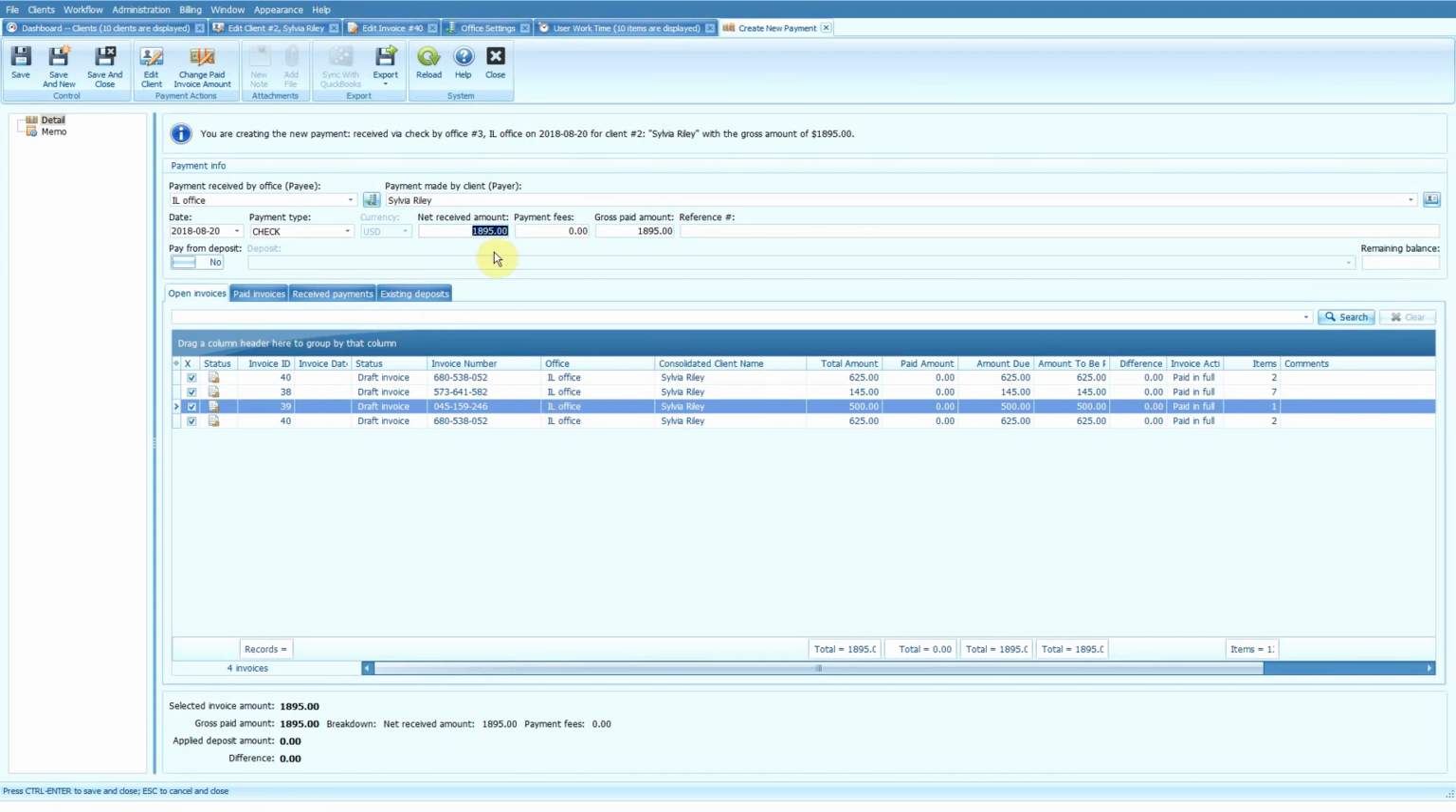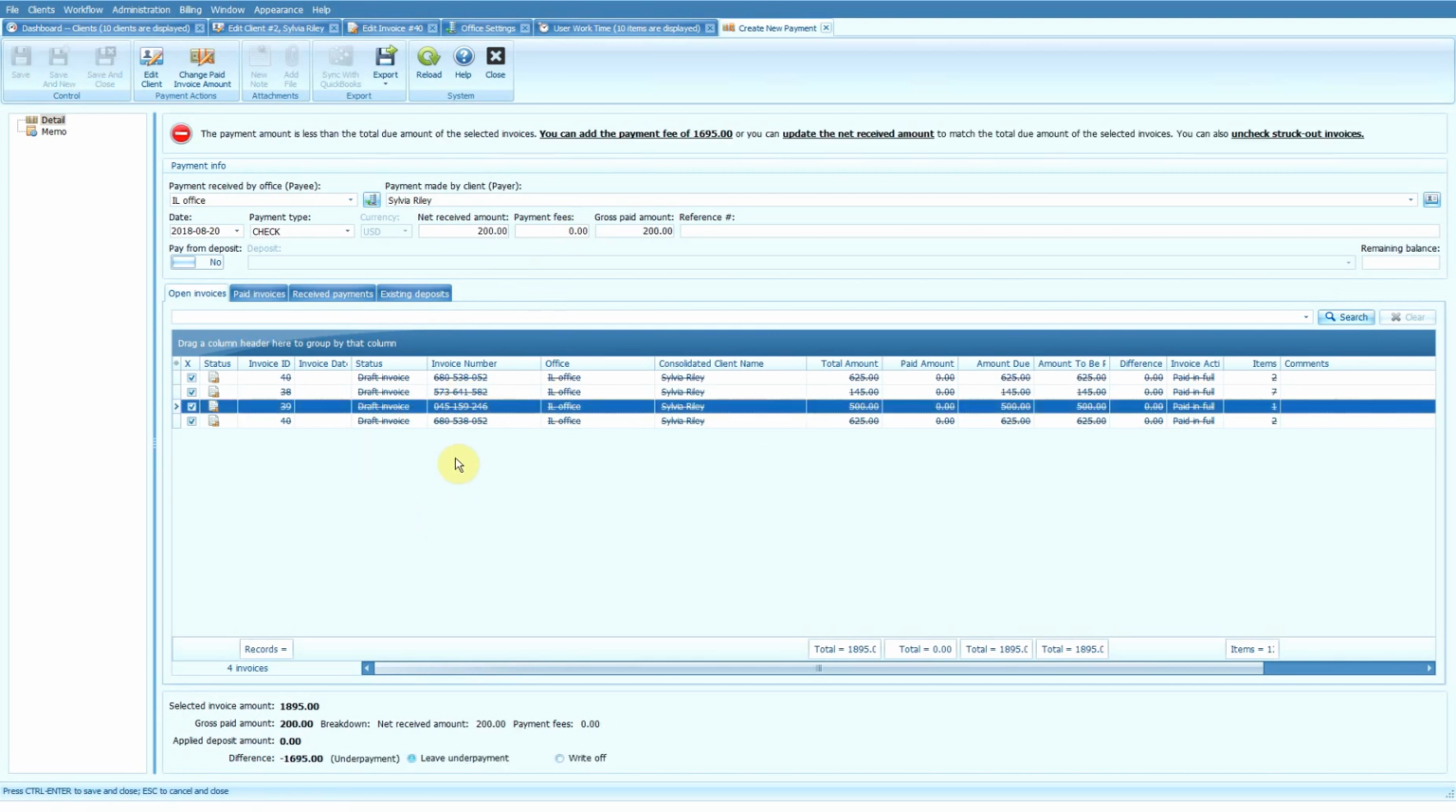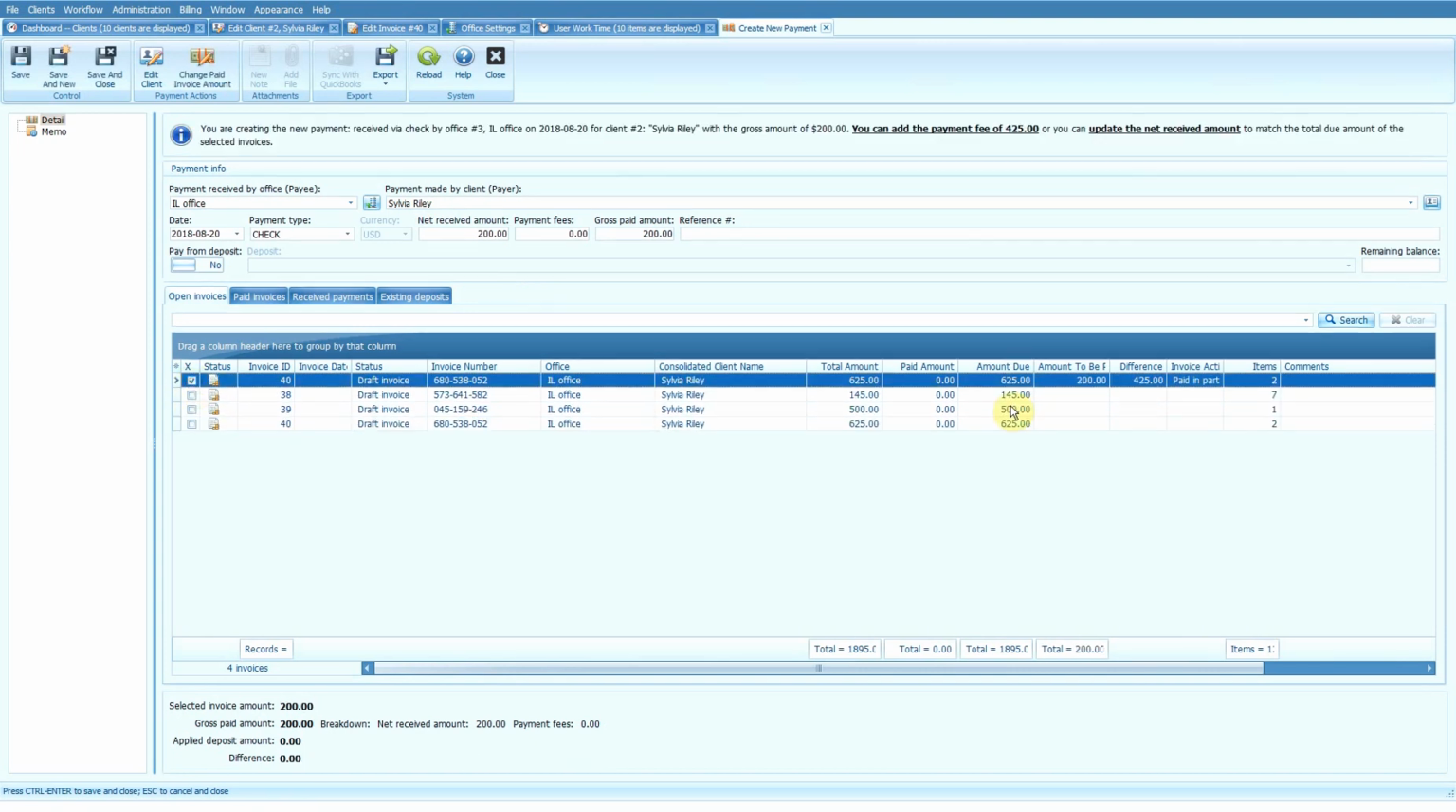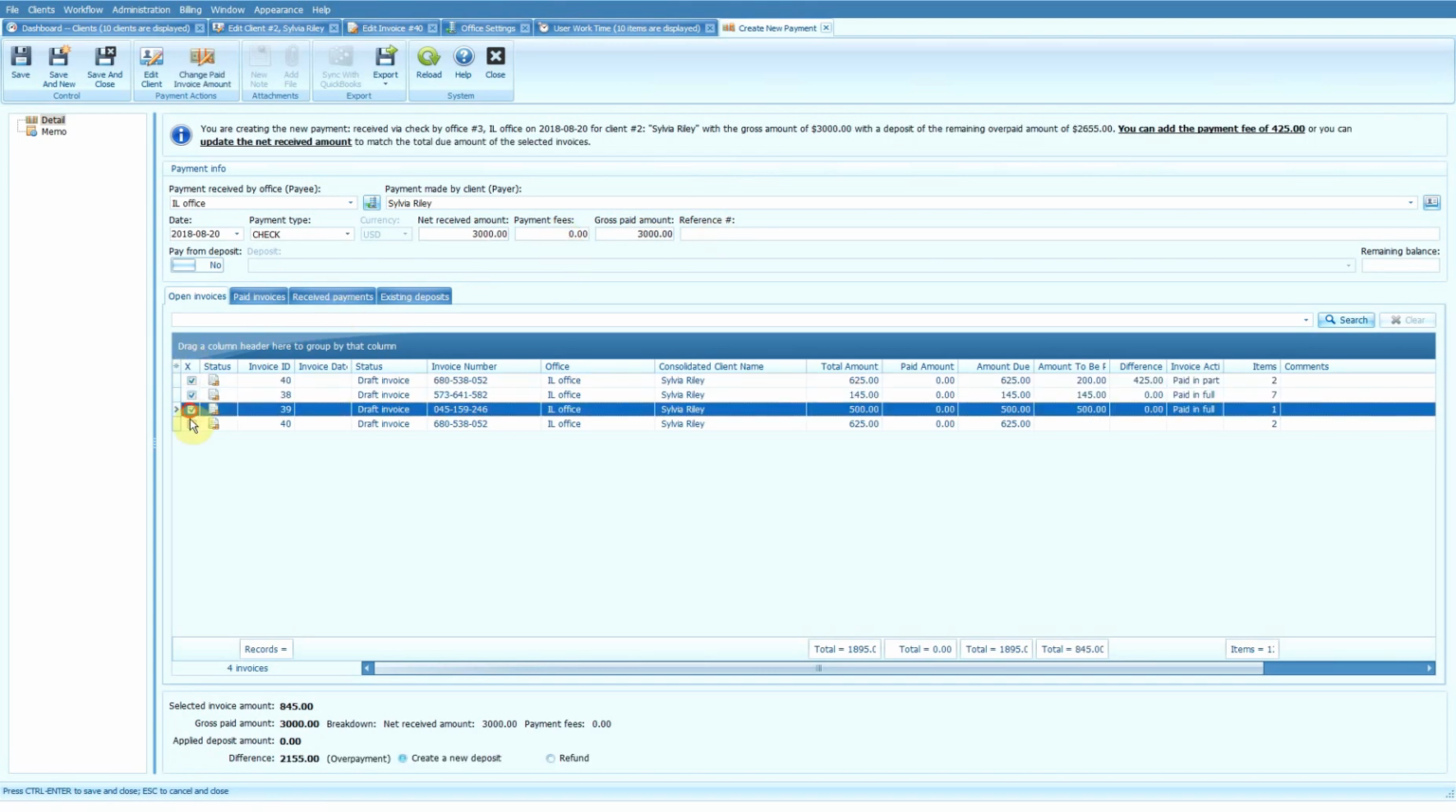But if you received a limited amount, for example $200 instead of $2,000, obviously we can't pay all of these invoices, but we can adjust that amount and pay the oldest invoice in part, and the remaining due balance will be only $425. Alternatively, if we received a big check for $3,000, that would be an overpayment, and there would